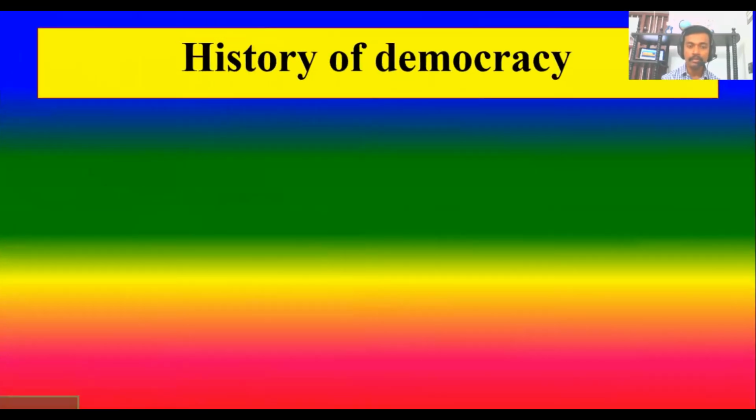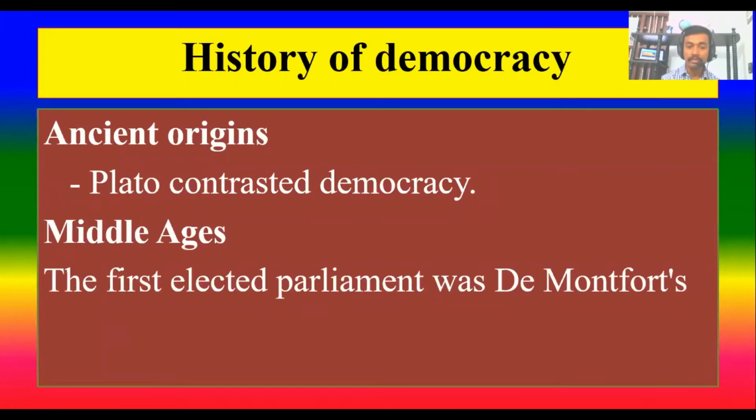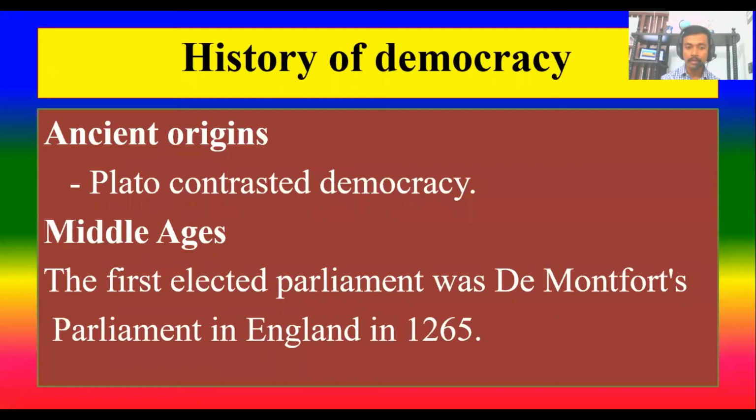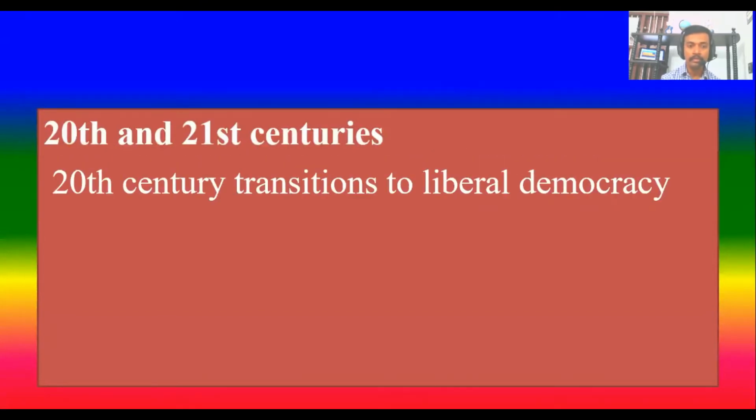Then history of democracy. Ancient origin, Plato contrasted democracy. Middle Ages, the first elected parliament was de Montfort's parliament in England in 1265. Just imagine, the first parliament was in England. That's why I believe the British government controlled the maximum number of countries in the Middle Ages, due to democratic values. Then the 12th and 21st century,